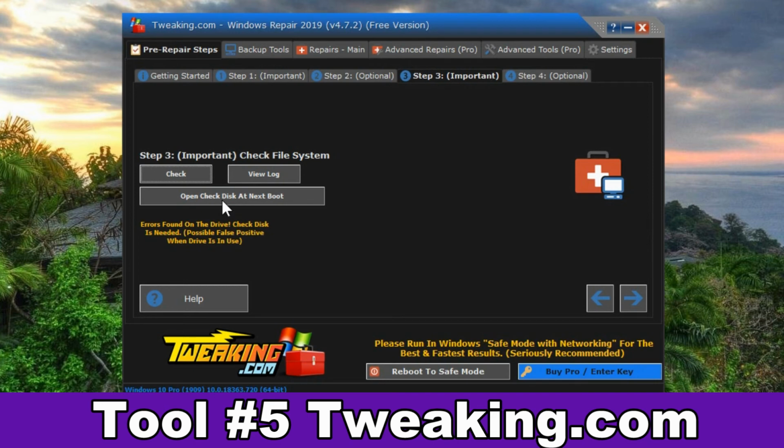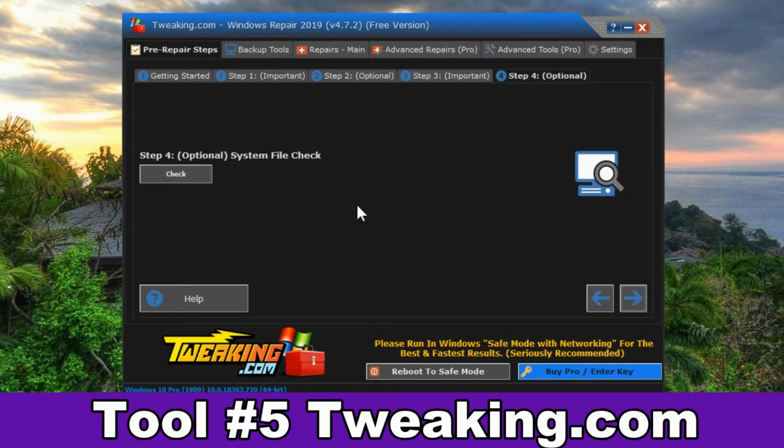So you could click on open disk check at next boot and it will do that, and it will prompt you saying press any key to skip the disk check, but don't press any key when it's asking you to do that. Just leave it alone and let it do its scan.